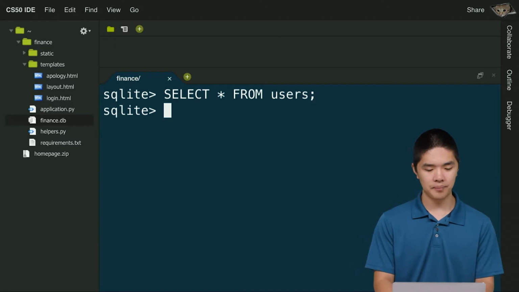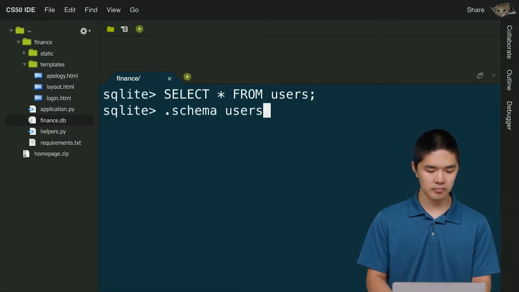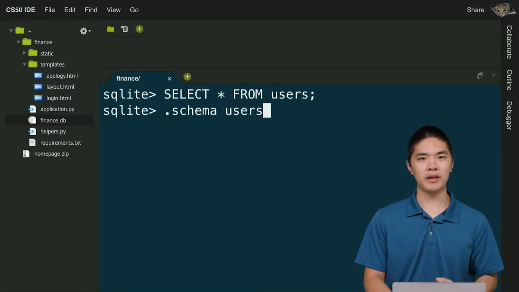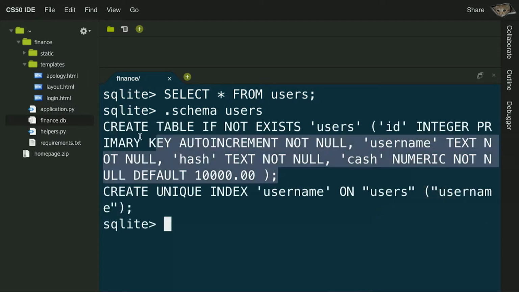Because if I run a command like .schema users, this will show me how the users table was actually constructed. So here was the CREATE TABLE query that was run in order to generate that users table. So we created a table called users and gave it a couple fields. We gave it an id column, which is an integer, a username column, which is just some text, a hash of their password, which again is some text, and then cash, which is some numeric value, which means it could be a decimal, with a default value of $10,000, for example. And so this was the CREATE TABLE query that we already ran to give you access to a users table,